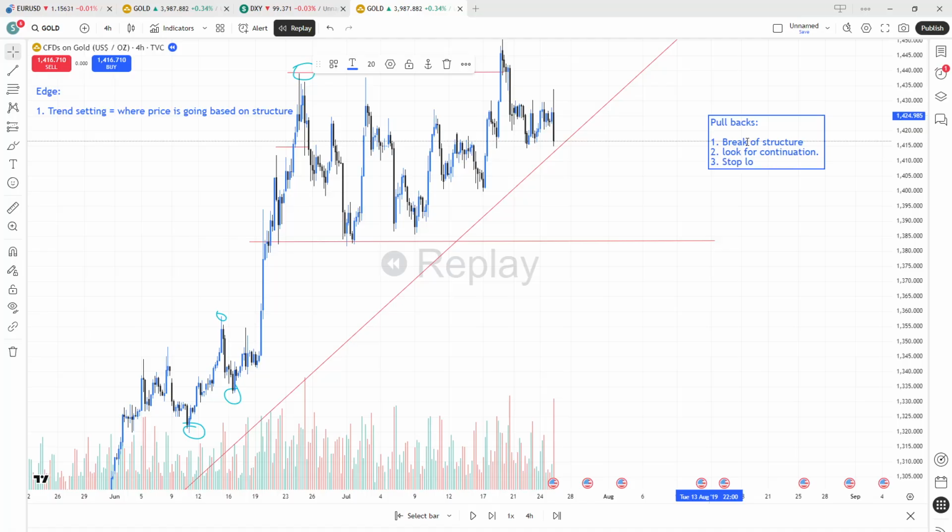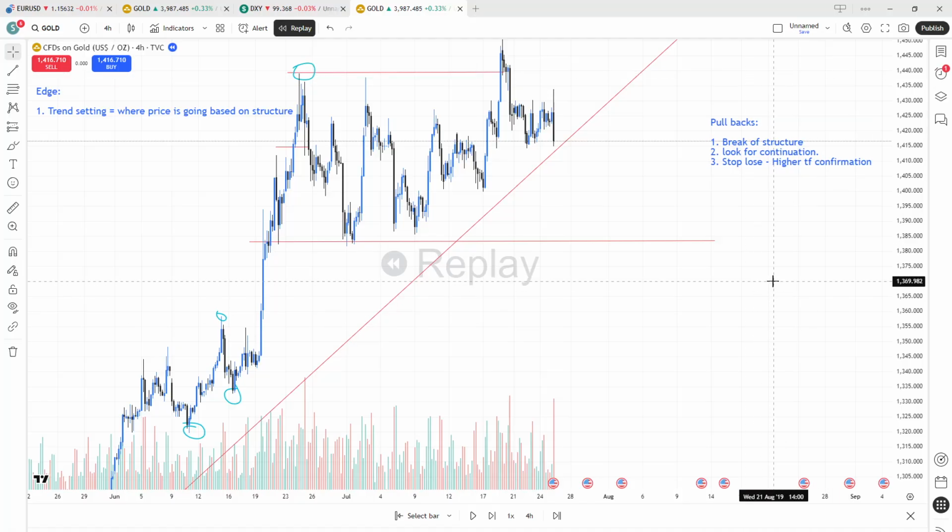Stop loss, higher time frame confirmation. Okay, so let's say if we are right here at the pullback, whether we enter